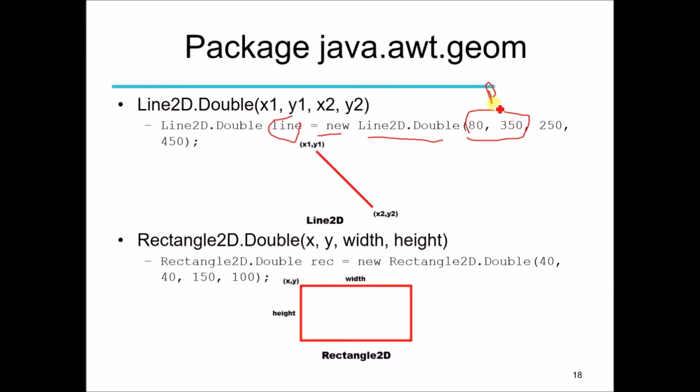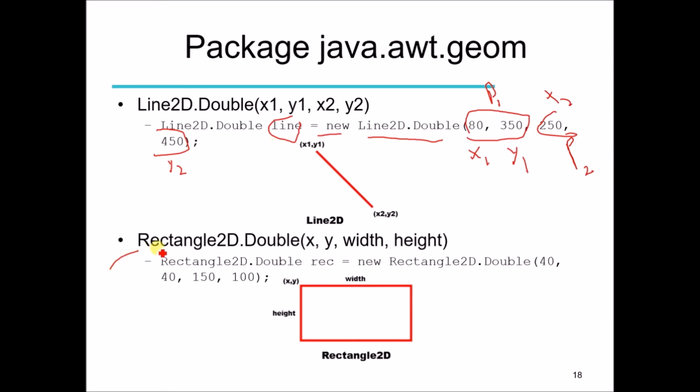So you can say that these are the two coordinates x1 and y1 for the point P1, and then we have the two coordinates, you can call them x2 and y2, for the point P2. They are going to be used to construct the Line2D.Double object, but right now it is only the object. We still have not drawn this object. We have to use a certain method to draw this object on the screen, because this is not a drawing method, this is only the construction of the object by using the constructor of the class Line2D.Double.